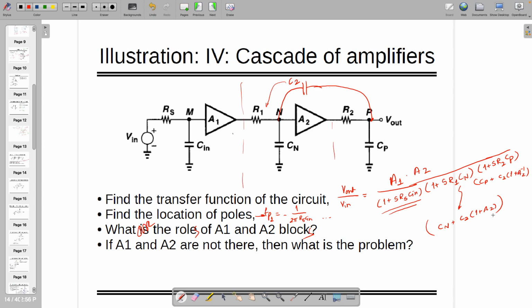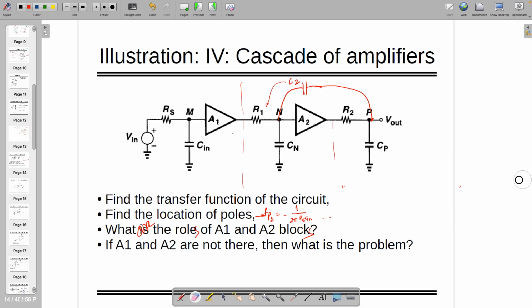Simple, right? So this happened because Miller was there, and afterwards this pi network was there. Let's go this way. Okay, same thing. You understand its importance also. Let's assume that